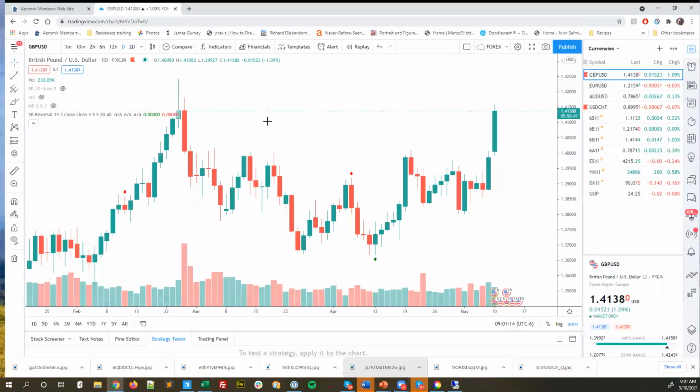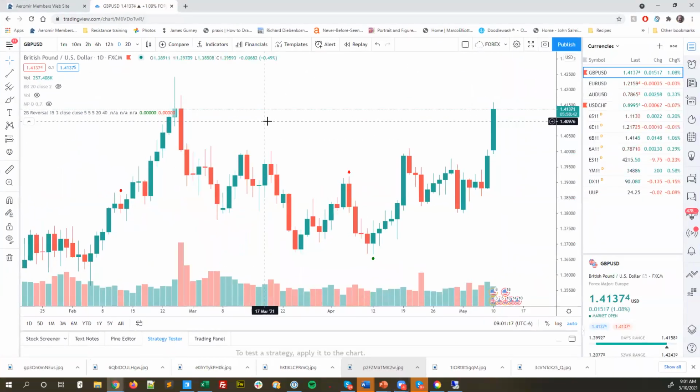Let's see, I just wanted to show you one quick chart here. The British pound is having quite the move. Can you see my screen yet? Okay, so this is a daily chart. You can see in the last 2 days it's gone from 138.8 up to 141.37, which for currencies is gigantic. We're up over 1% today.